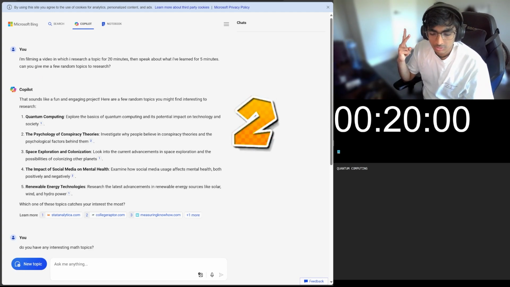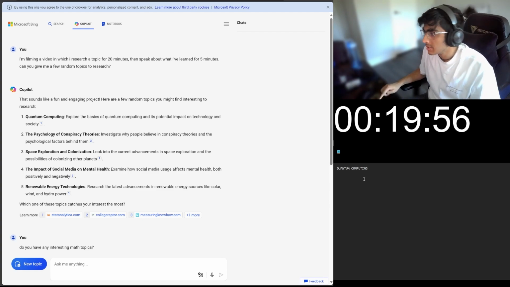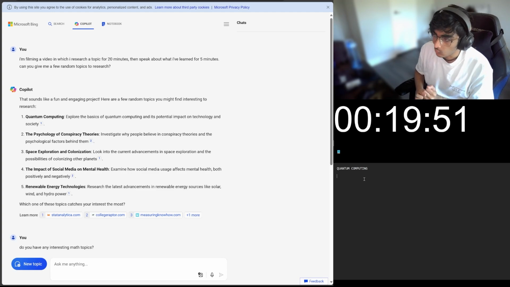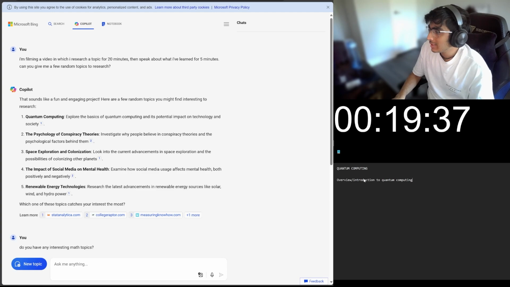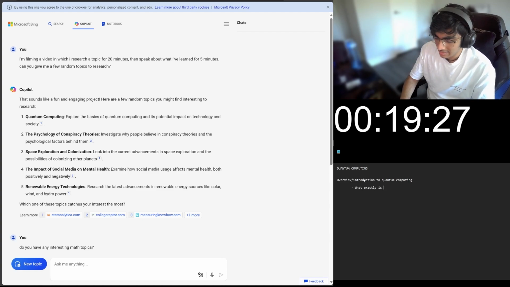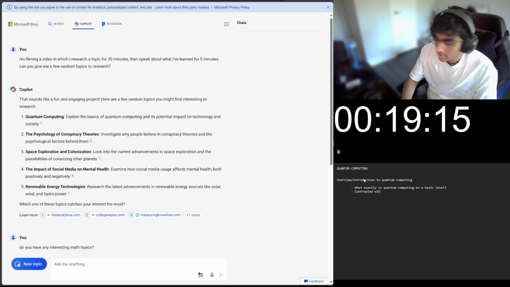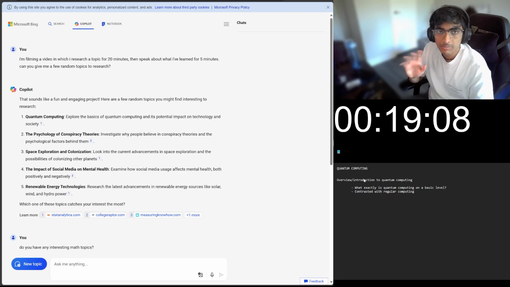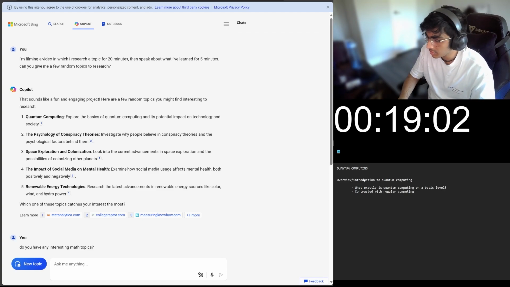3, 2, 1. Let's go. Okay, so the first thing we always want to do is plan out what this is going to look like, right? So what exactly are we going to research? Quantum computing. First of all, we want an overview / introduction. And this is going to include things like what exactly is quantum computing on a basic level. And then as a follow-up to this, we're going to contrast this with regular computing. I know a little bit about this, so I'm coming in with a bit of prerequisite knowledge, but I really honestly just know some of the basics.